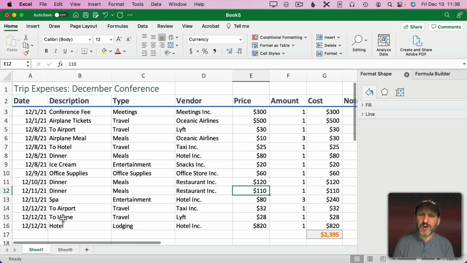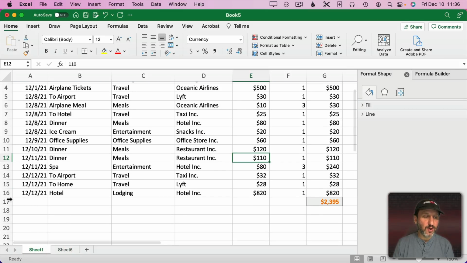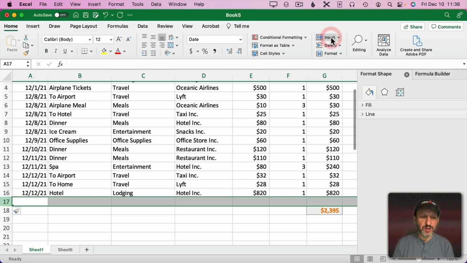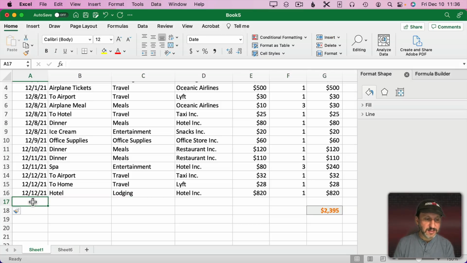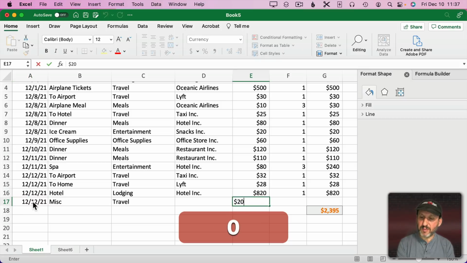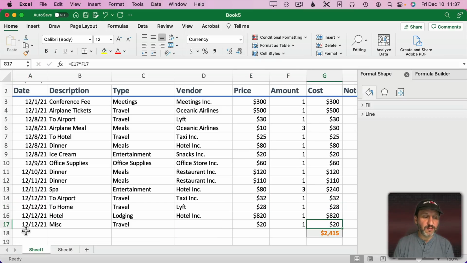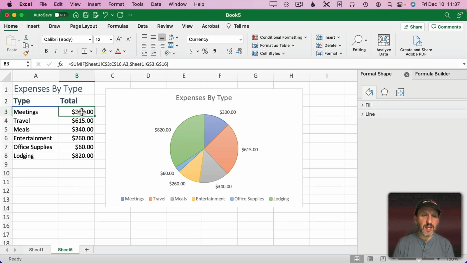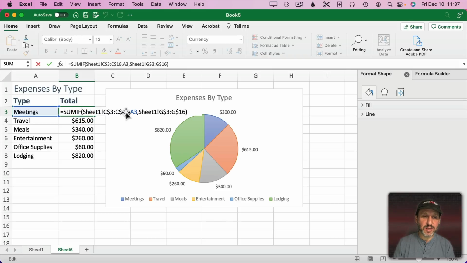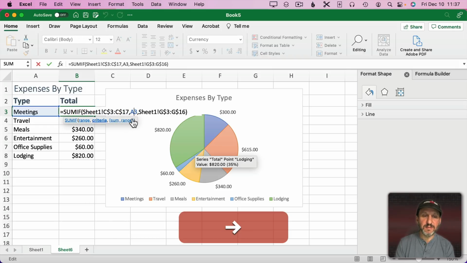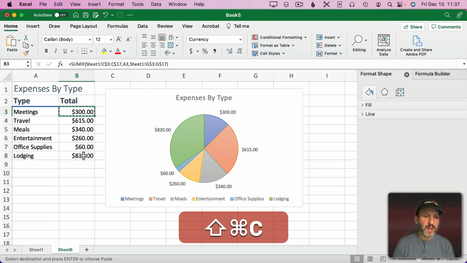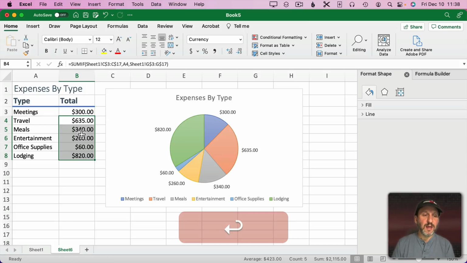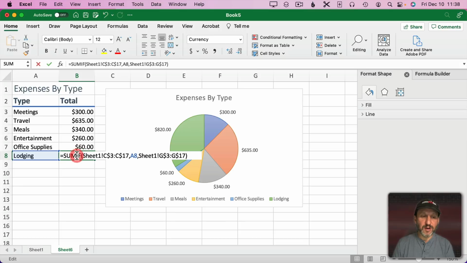One thing to be careful of is what happens if you add a row. So let's go to a row here. I'm going to insert a new row and let's say that there was a miscellaneous expense. That was $20. Notice this now goes from row 3 to row 17. But if I go over here, these still say 16. So you want to pay attention to things like that. So I'll change these to 17 right here. Copy and I'll paste it here. And it updates all of that and updates this now. So sometimes it's worth checking to make sure that your formulas are still correct after you insert new rows and